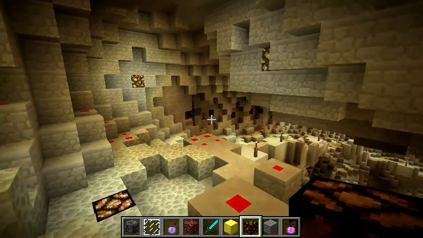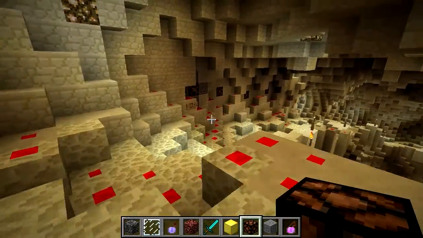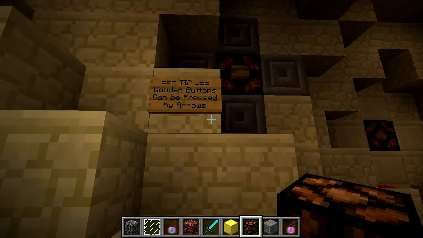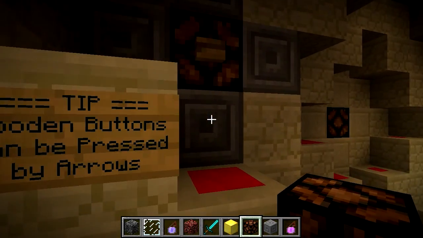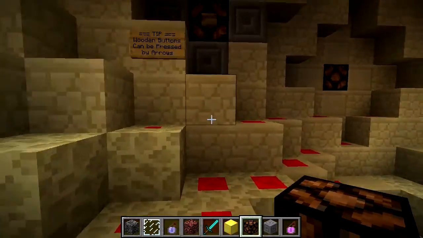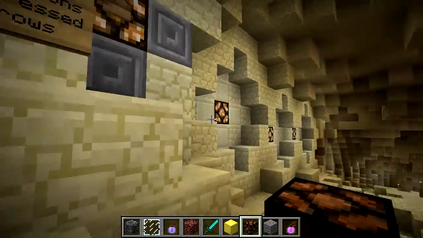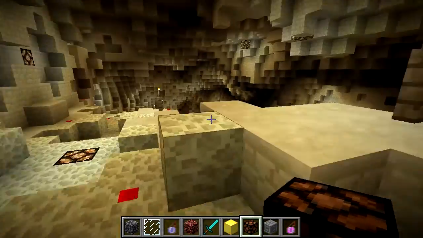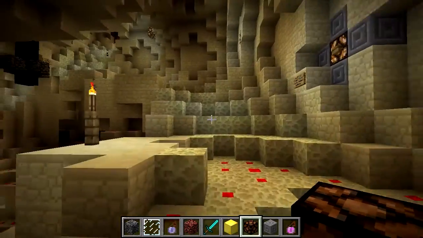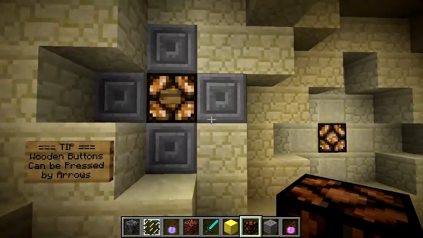So for the buttons, here's one that the player's going to be right up to. Wooden buttons can be pressed by arrows. Okay, I knew that. You knew that. But just in case the player didn't know that. And these will stay on. So what I've done